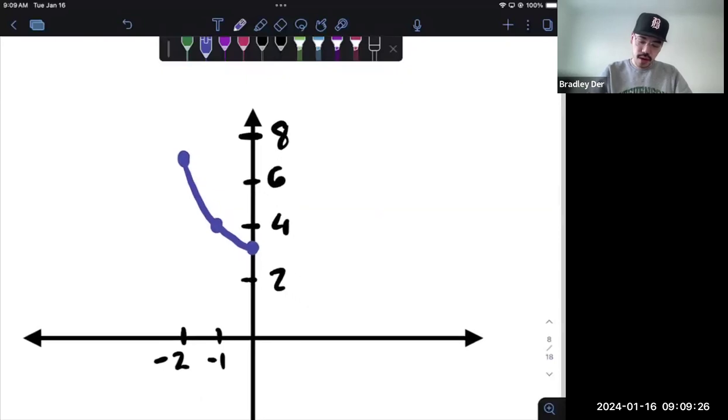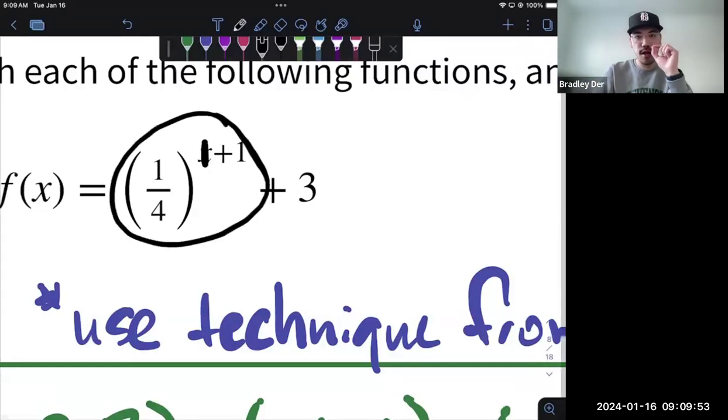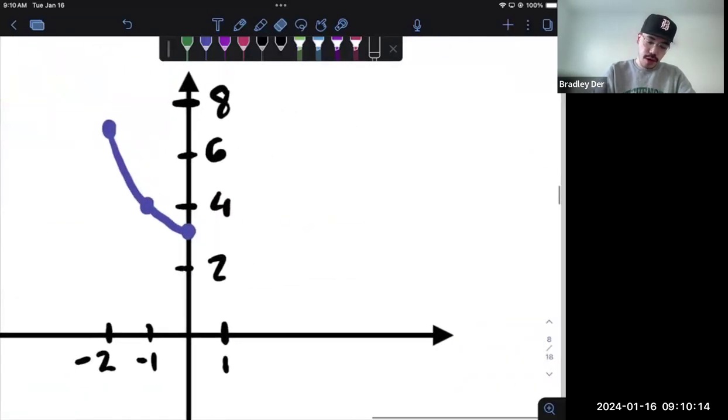Basically, if I were to go just 1 point over, let's say where x is equal to 1, right? I would have 1/4 to the second, which would be 1/16 plus 3. So 3 and then 1/16. We do that again, it'd be 1/64. 3 plus 1/64. Do that again. As x keeps increasing, we keep making this fraction smaller and smaller and smaller, right? But the 3 stays the same. So we're never exactly equal to 3 because this fraction right here is never really equal to 0, but gets very close to 0 as the exponent gets larger and larger, right? The effect of that is what we call asymptotic behavior,